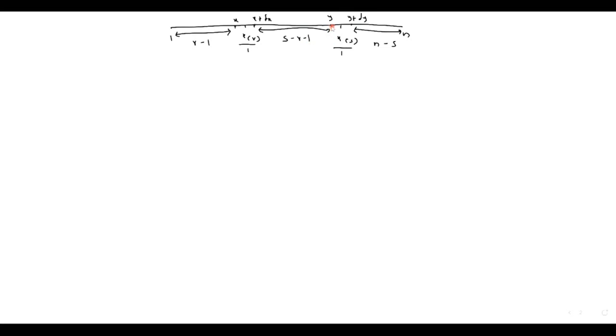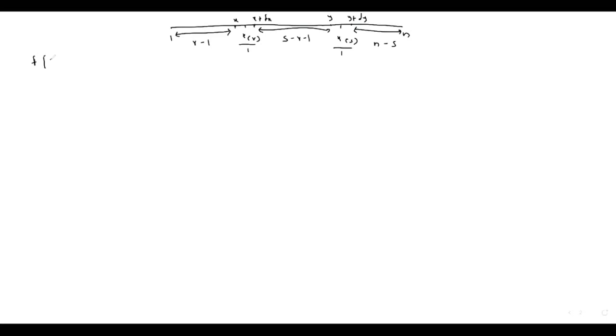Then in the region y to y plus delta y, I have only a single element, that is x_s. And from y to y plus delta y up to the last, I have n minus s elements. Fine. Okay. Now, by using the definition, we can write this again as, so let me write over here,